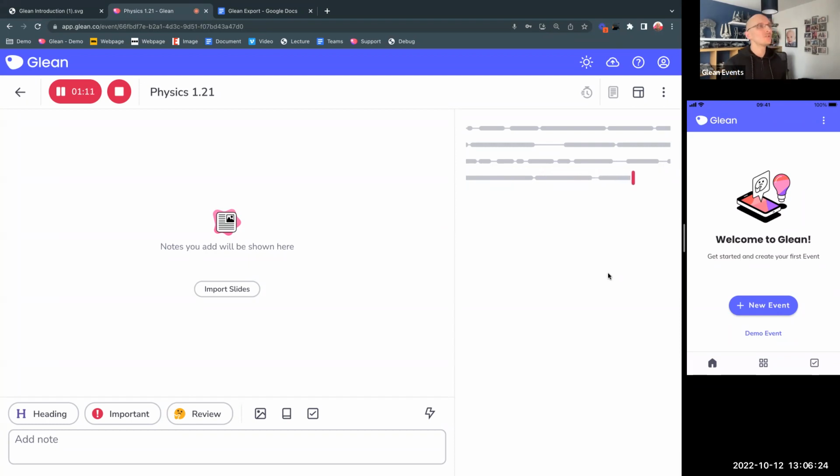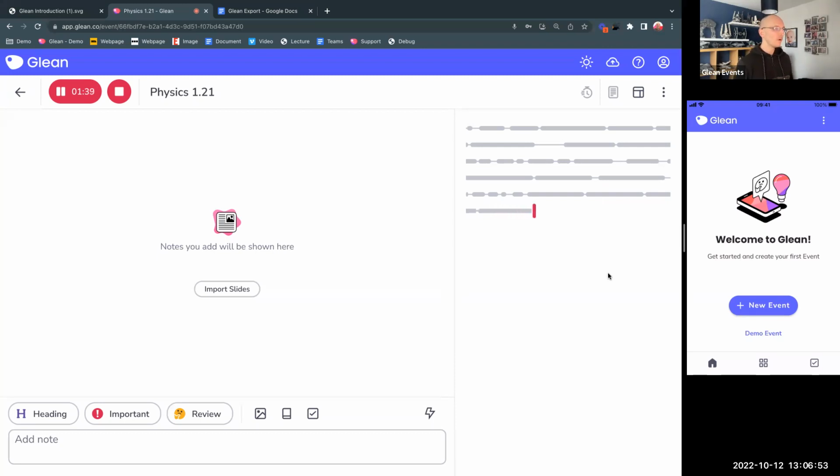But the idea isn't just to record and do nothing, because if that's all you do, then all you're going to end up with is a big long hour recording. And that's going to be pretty time consuming to go through afterwards. It's going to take ages to filter through, and you're probably not going to want to listen back to all of it in any way. You really just want to listen back to the key moments, the things that are important, the things that you maybe didn't understand. So what you can do with Glean is you can do some note taking live in the moment,